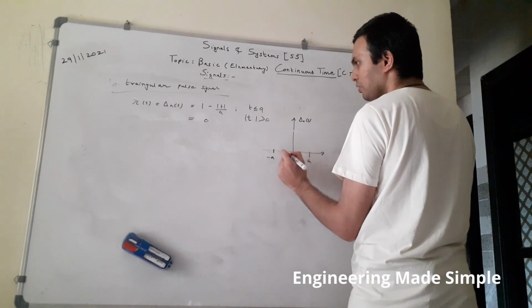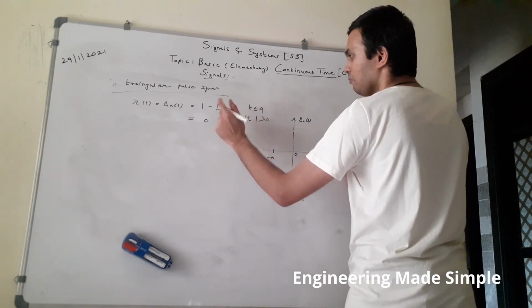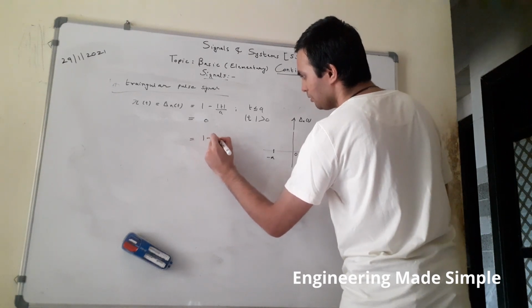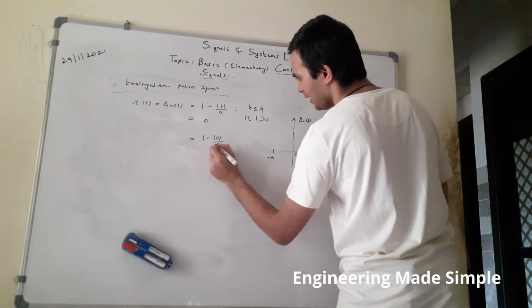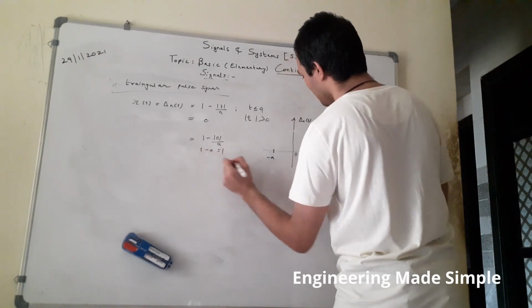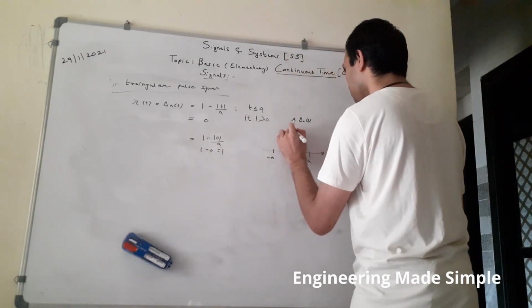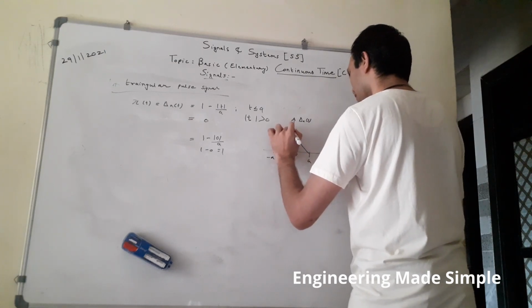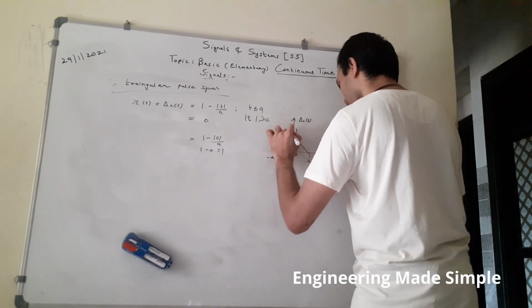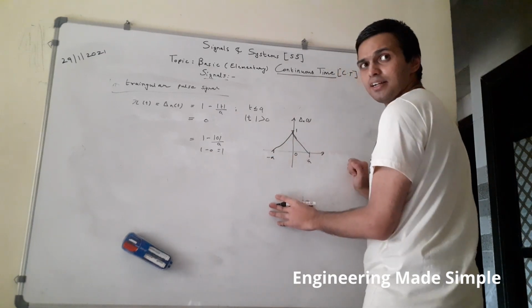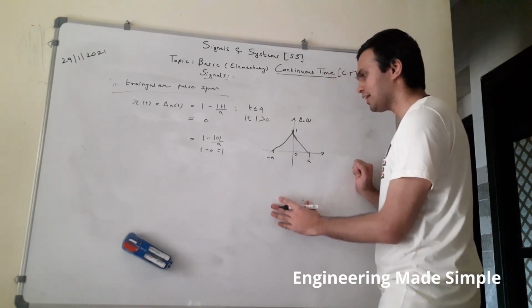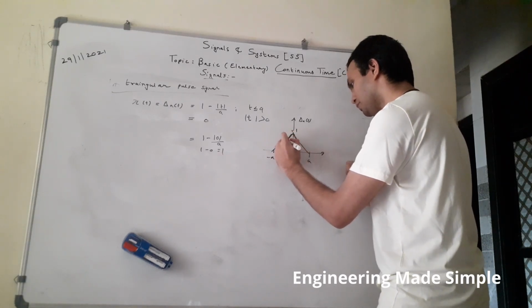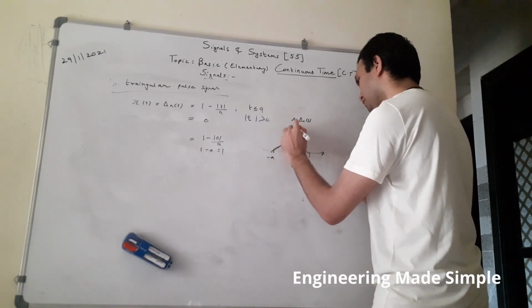For t equal to 0, what would be the value at t equal to 0? So 1 minus, here t will be equal to 0. 1 minus 0 by a. So it would be 1 minus 0 is equal to 1. So for t equal to 0, its value will be 1. And for the remaining cases, it would look like a triangle like this. So this is known as a triangular pulse signal because this looks like a triangle. So here it should be intersected properly over here. So here its value is 1.